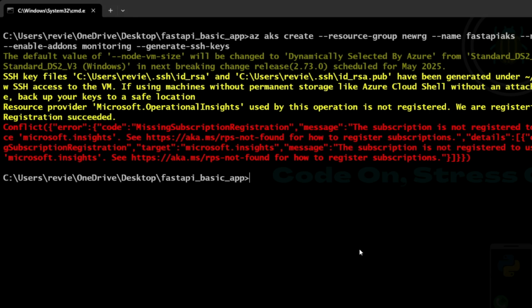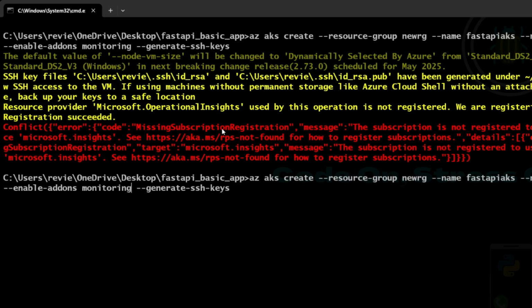So here it says that my subscription is not registered for this particular thing, operational insights. So let's just close insights for now. We just don't need it as such. So if I remove enable add-ons monitoring and click on enter,